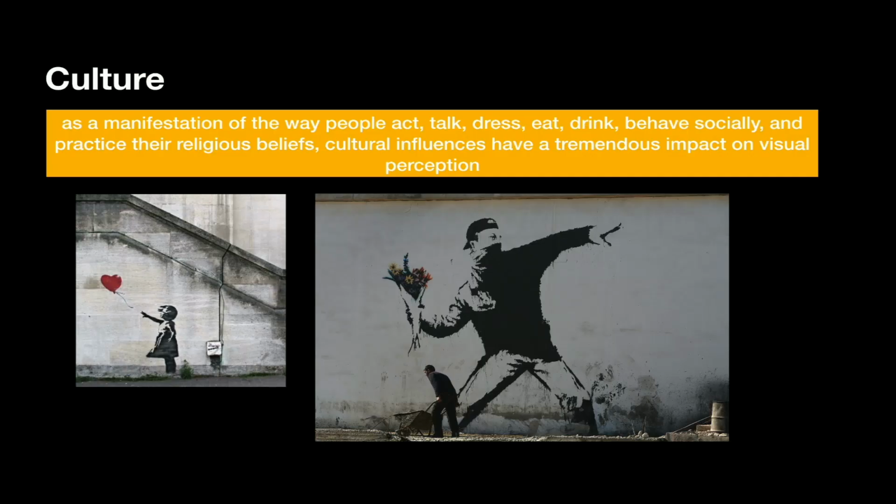And the last one is culture, right? Culture has a way of connecting us visually to things. We will understand visual imagery and visual communication through our cultural codes. That's what I think is the key here. And this is Banksy, the famous street artist, whose work is all communicating through cultural codes.